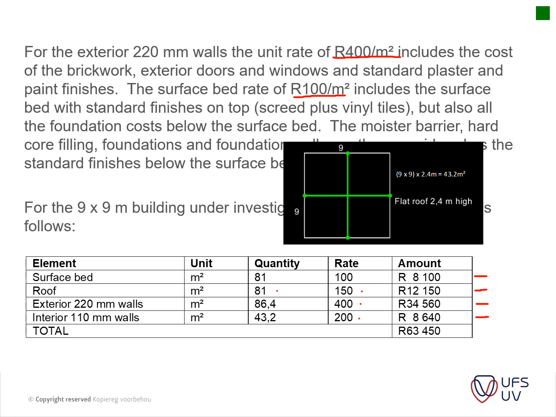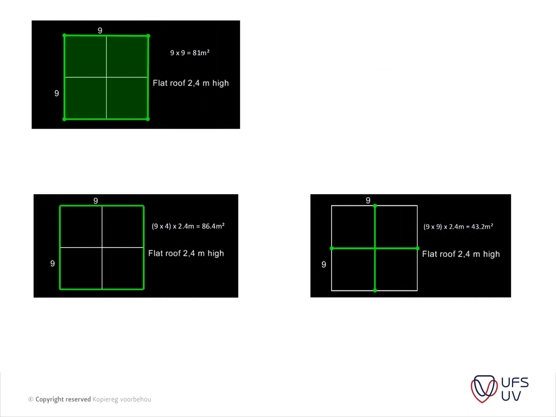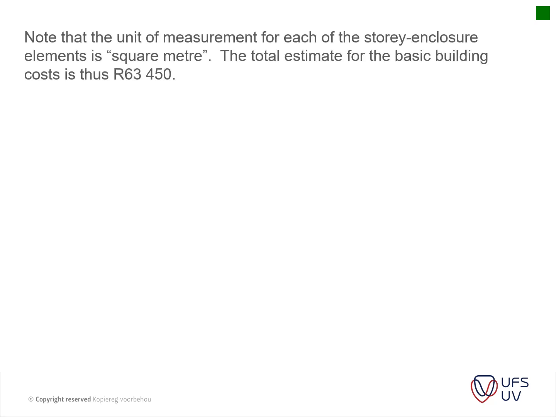We then add all our elements to get our total construction cost of 63,450 Rand. Note that the unit measure for each of the storey enclosure elements is square meter. The total estimate for the basic building cost is thus